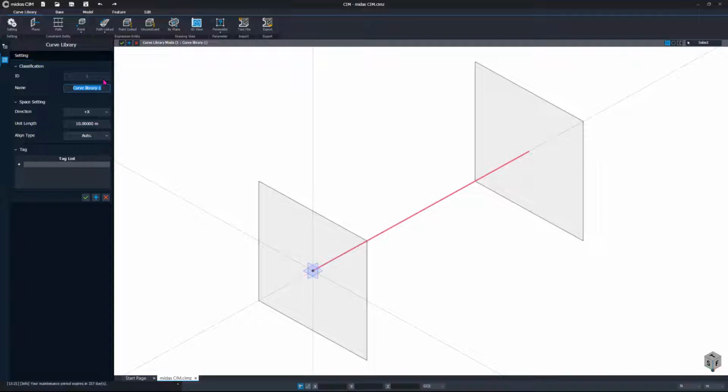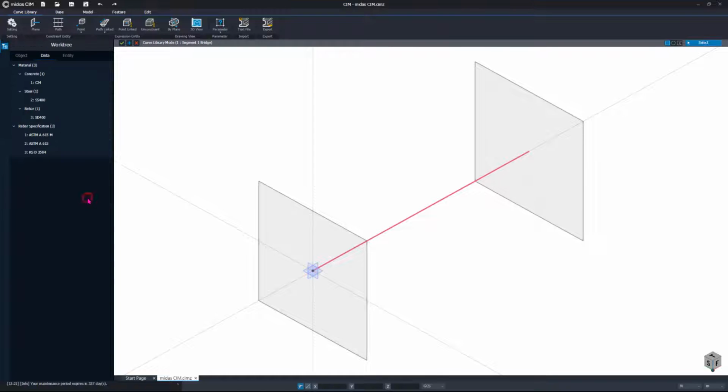For example, the curve library may be a segment one bridge, with maybe unit length of 10 meter, you can create them. And this is already a path, a path of a curve library. So the difference between the point library and the curve library is that the curve library has a trajectory, has a path that you can assign some of the point library into the curve library.